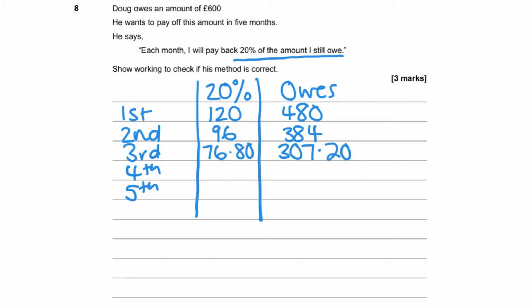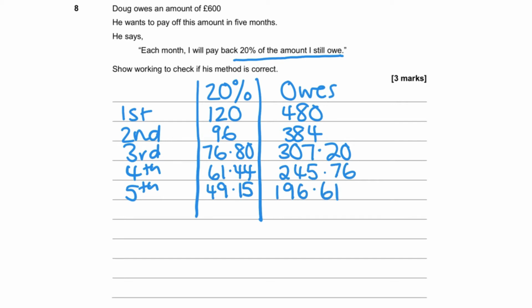The fourth month, he's going to pay back £61.44, leaving him still owing £245.76. And in the fifth month, his final payment, he's paying £49.15, meaning that he's still going to owe at that point